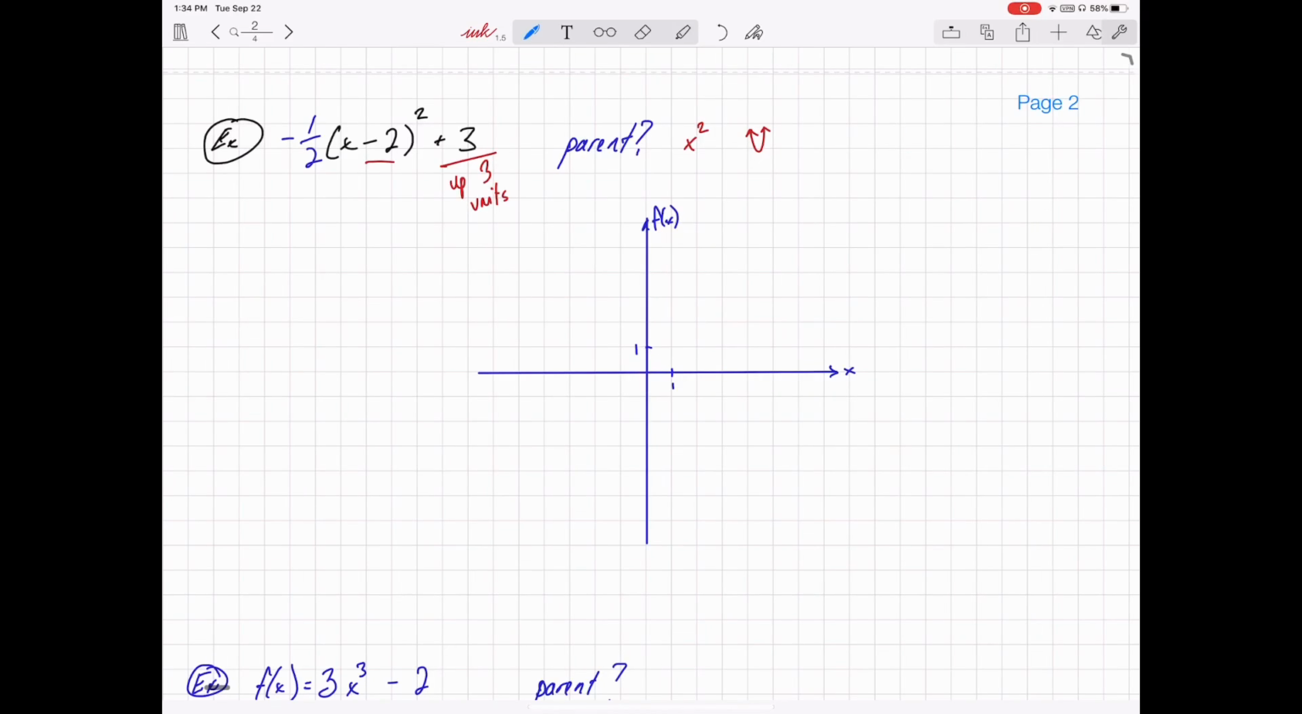This 2 would be right 2 units. Remember, the sign is always reversed. So if it says +2, you go left. If it's negative, you go right. This negative sign